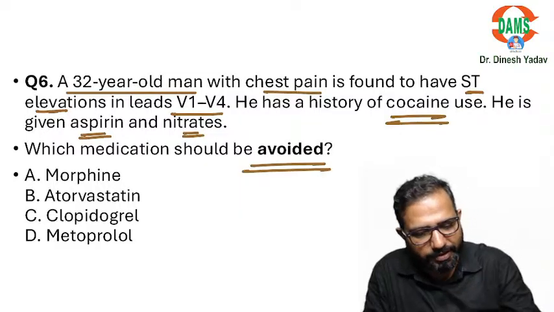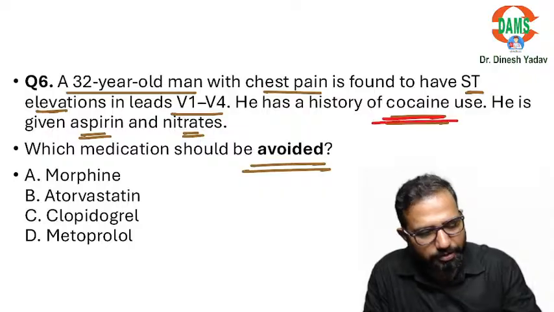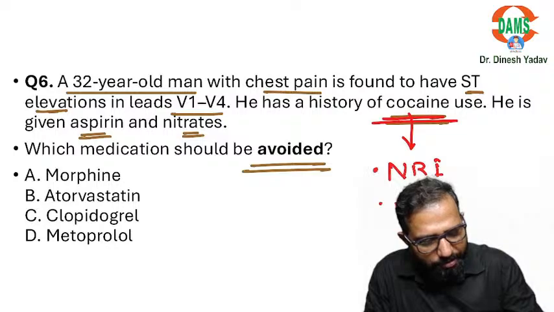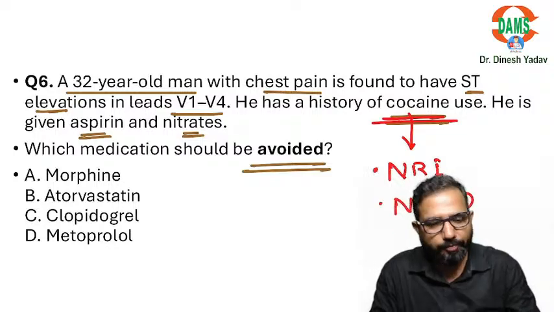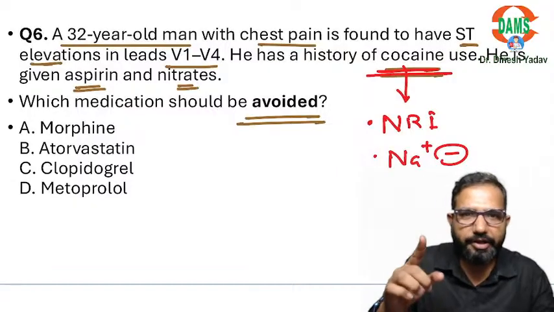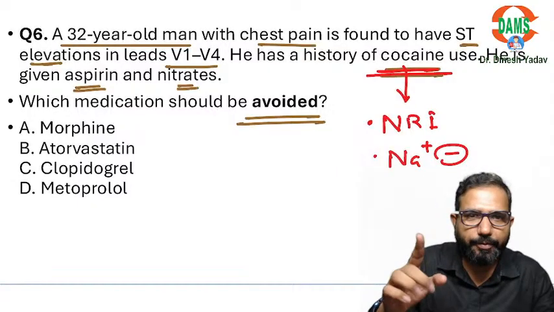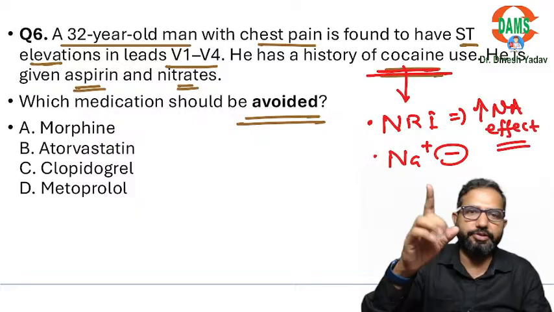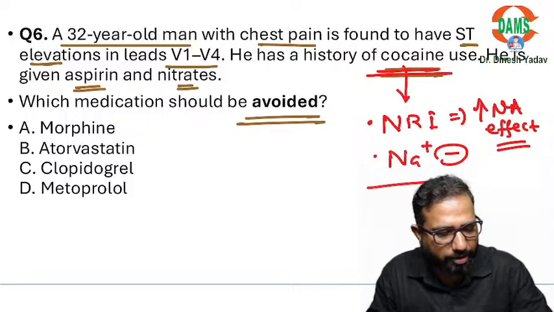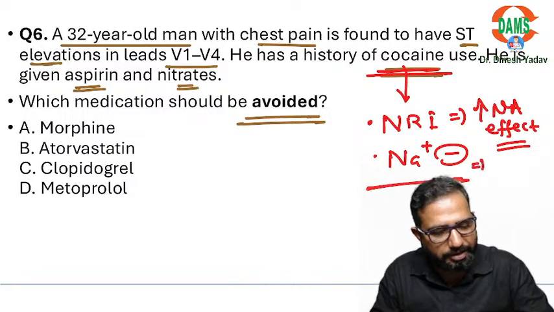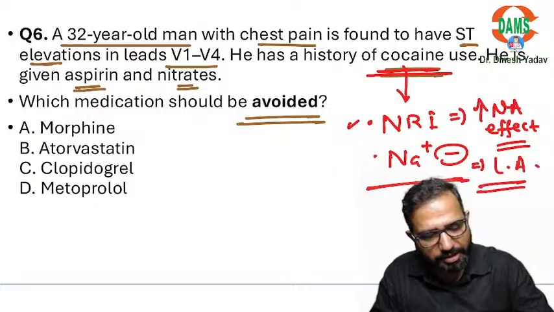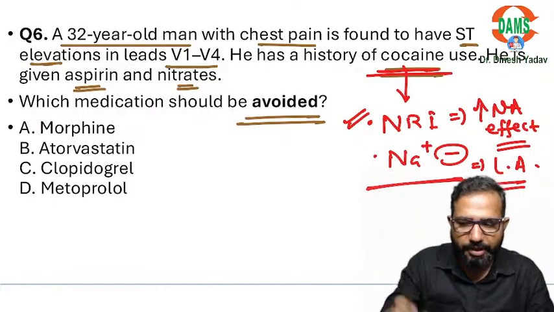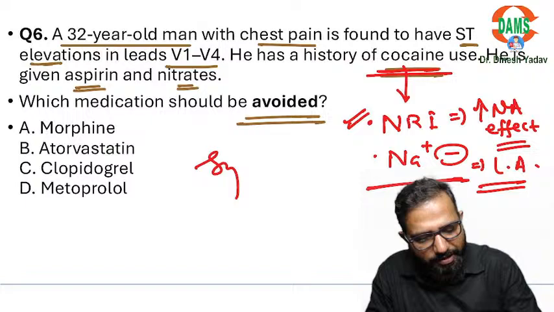Yes. If the patient is having chest pain after cocaine use, cocaine is the drug which is an NRI, a norepinephrine reuptake inhibitor. It is also a sodium channel blocker. So it increases the norepinephrine action. It's a sympathomimetic. That's why there is risk of heart attack. Being a sodium channel blocker, it is used for local anesthesia. So here, why the heart attack is there? The heart attack is because of the norepinephrine reuptake inhibitor. It increases the noradrenaline. It means it's a sympathetic stimulation.